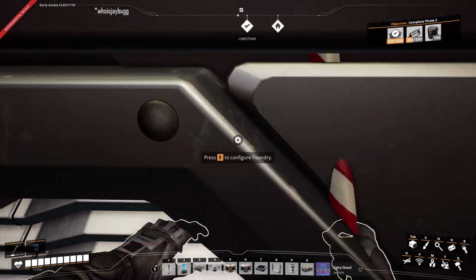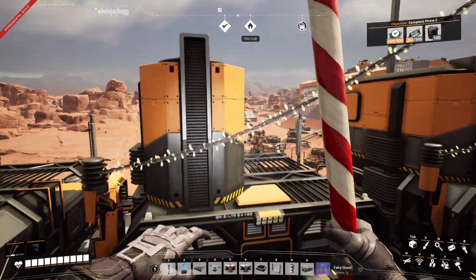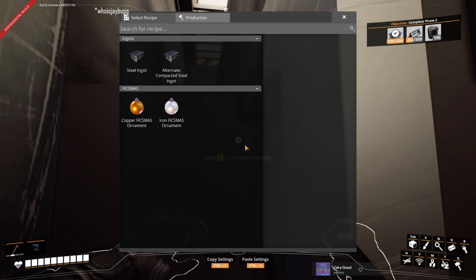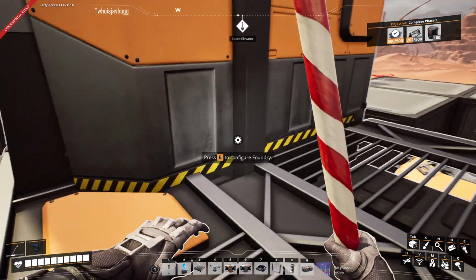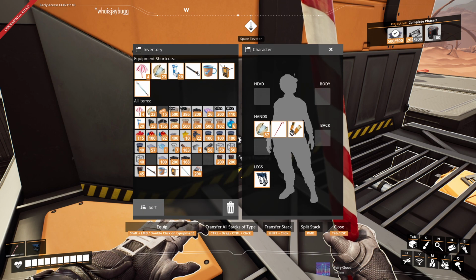You want to check your recipes for belt contents, items per minute. You don't want to overflow your belt with the recipe that you have. Right, so this one's 37.5. Our current belt speed